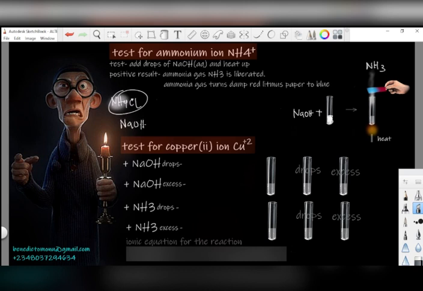Sodium hydroxide reacts with the ammonium compound, let's say ammonium chloride, to form ammonia as a gas, sodium chloride and water. But if they ask for the ionic equation, I hope this equation is correct. 1 sodium, 1 oxygen, 2 hydrogen, 1 plus 4 hydrogen, 5 hydrogen, 1 chlorine, 1 chlorine is correct. Now, if they ask for the ionic equation, you just take